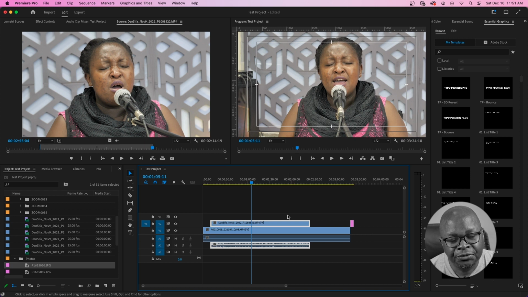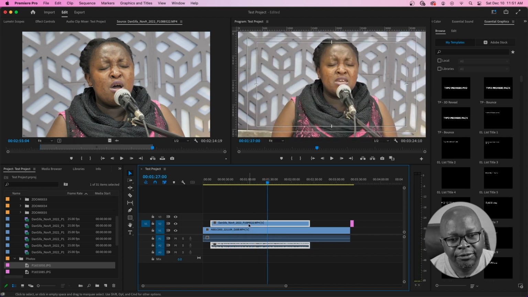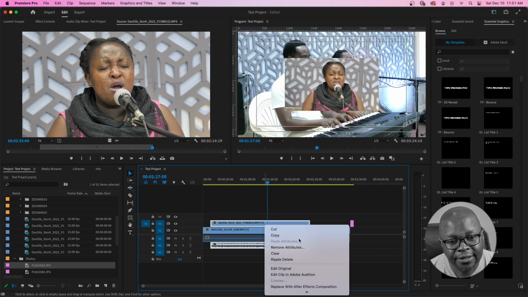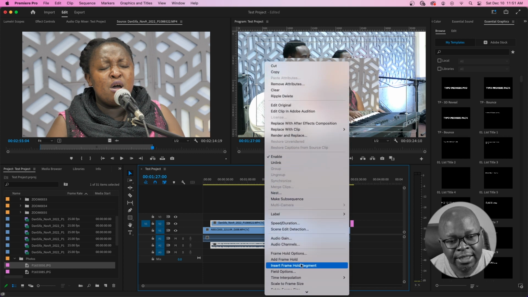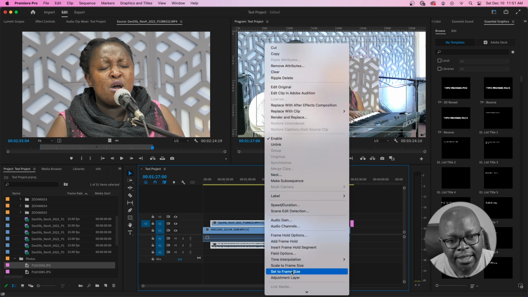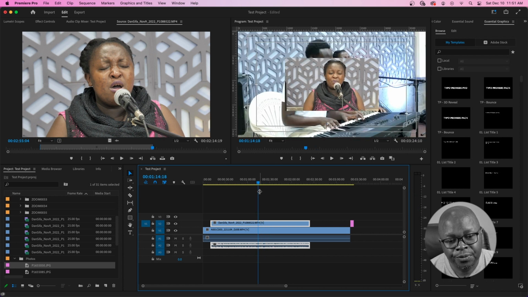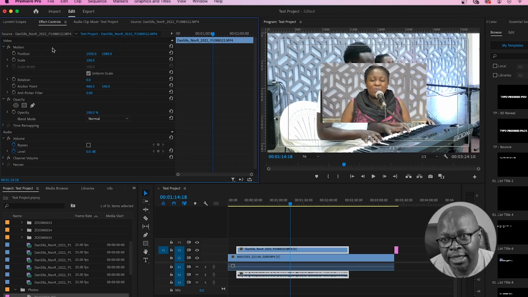When I do scale to frame size, the clip fills the whole frame. So now I have a clip that's the right size. If I undo this and then right click, go back and do the same and say set to frame size, same thing. The difference between these two is that when you, let me undo this,